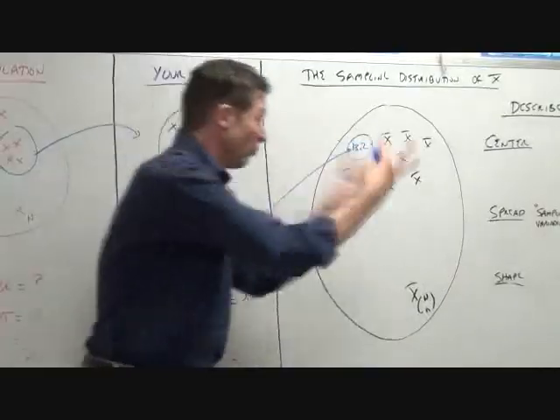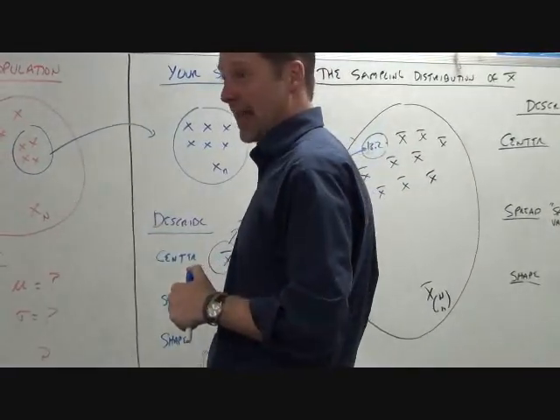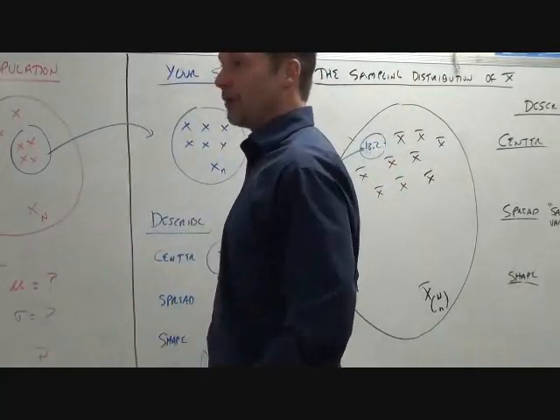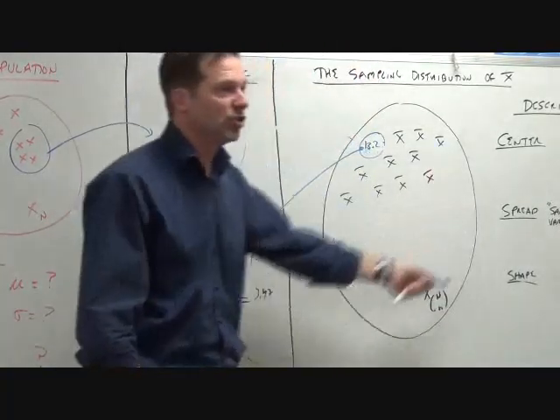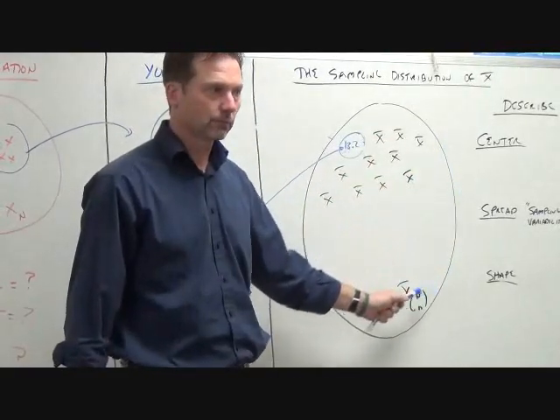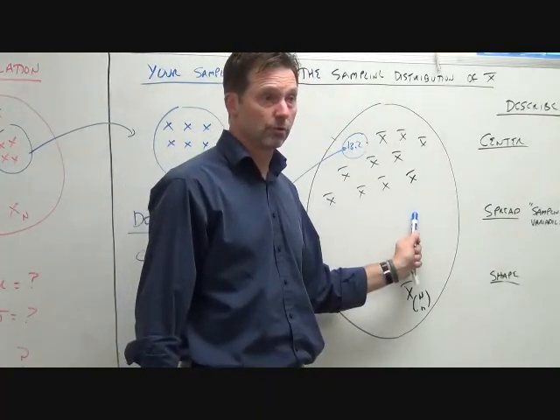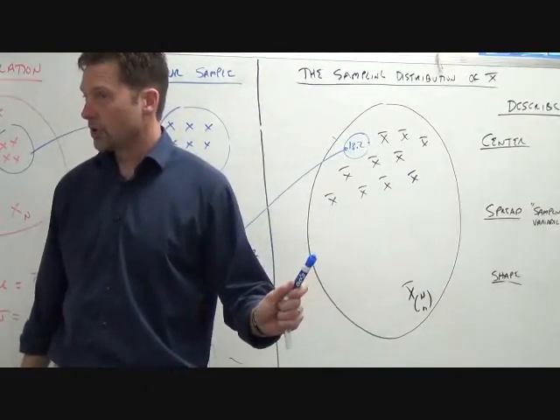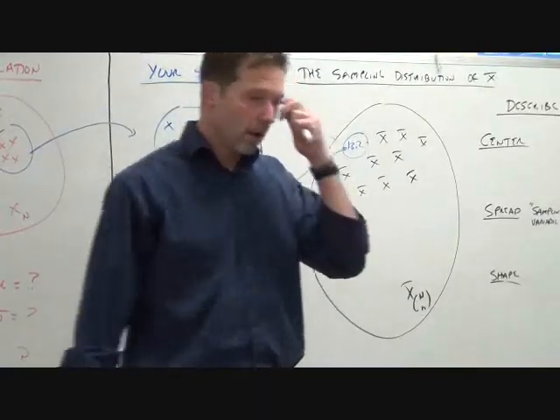You guys told me if they're all really bunched together, then I'm going to feel good about going on television with this guy. If they're all crazy different, I'm going to be scared to go on television. It could be really wrong. Okay? And then finally, we're going to spend a lot of time on what's the shape of this thing going to be. I wonder what shape it's ultimately going to have. Okay? So this is the sampling distribution. Okay? This is what we're going to be focused on and learning. Any questions, comments? Okay, let's go. All right, let's talk about